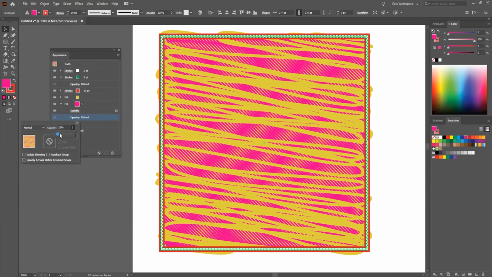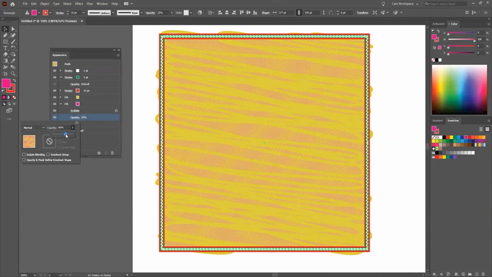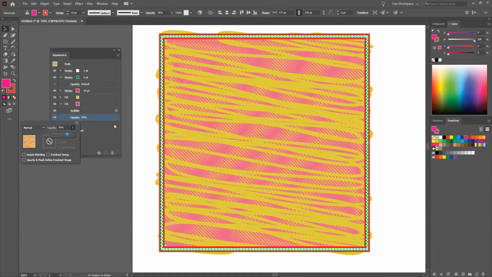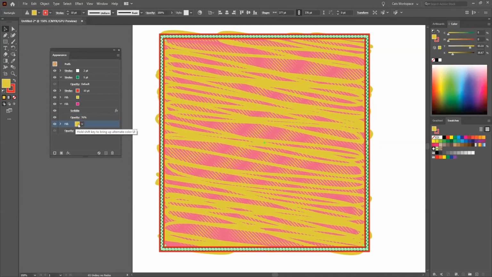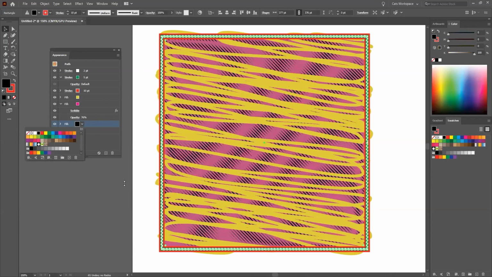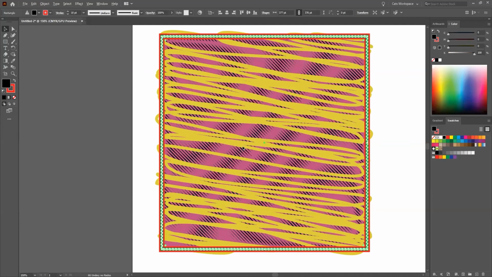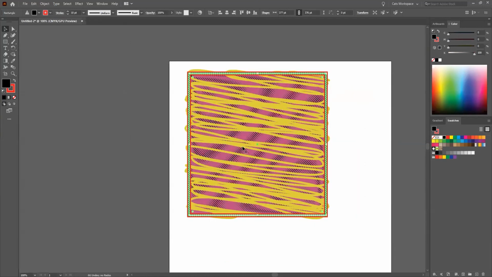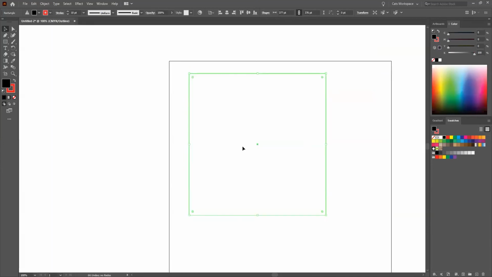Change it to, ayan, 76. Okay, so yan. And then change natin yung bottom, yung pinakalikod na fill to a different color. Say black. Ayan. Alright. So parang ang complicated niyang gawin, but if I take a look at just the path,